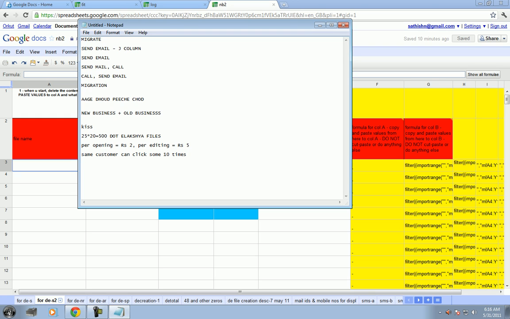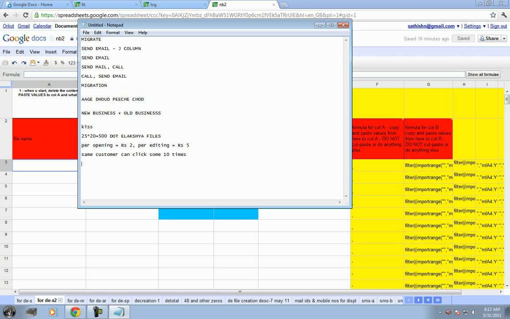Yeah, per opening there is a 2 rupee incentive. Your customer just needs to click on their email. You are sending an email to them, no? Yes or no, Gopal? They need to open their email. Yeah, that's all. Does this sound good enough, or should it be different? I'm just asking you guys. I'm keeping it simple and straight.